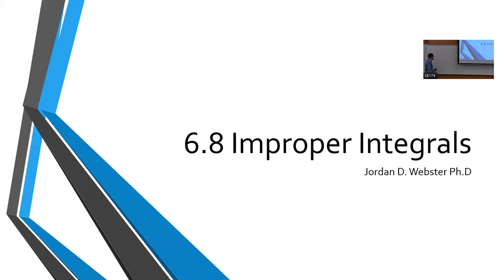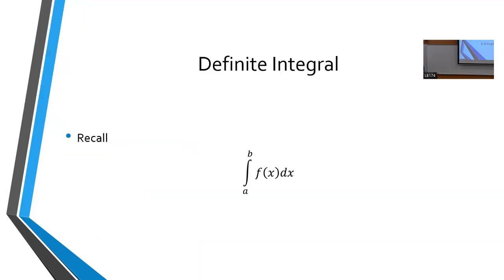So 6.8 is on improper integrals. Improper integrals just means I have a definite integral. Remember that a definite integral just means it's an integration with bounds. Most of the time on definite integrals, if I have a nice continuous function and I have a definite integral,